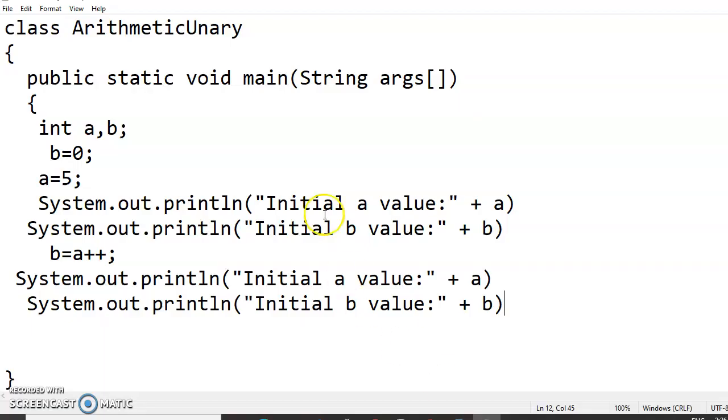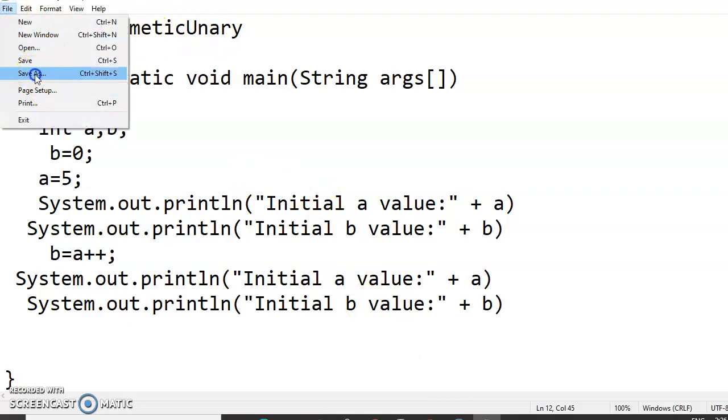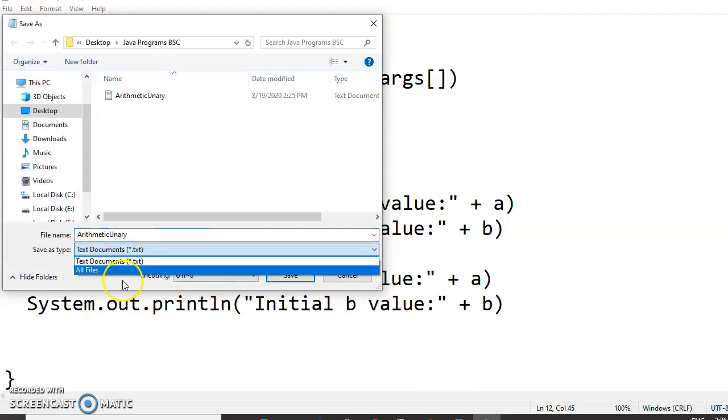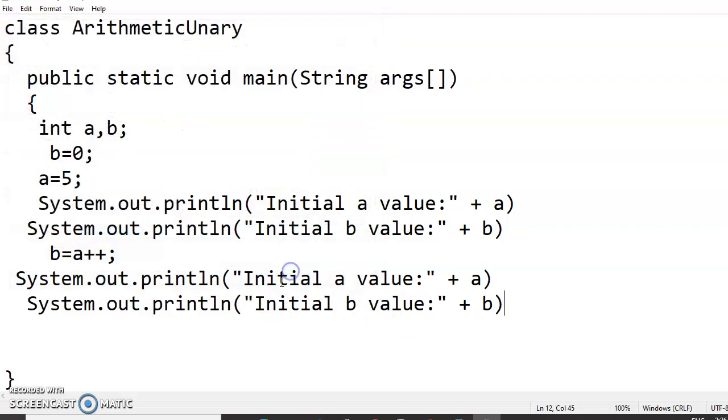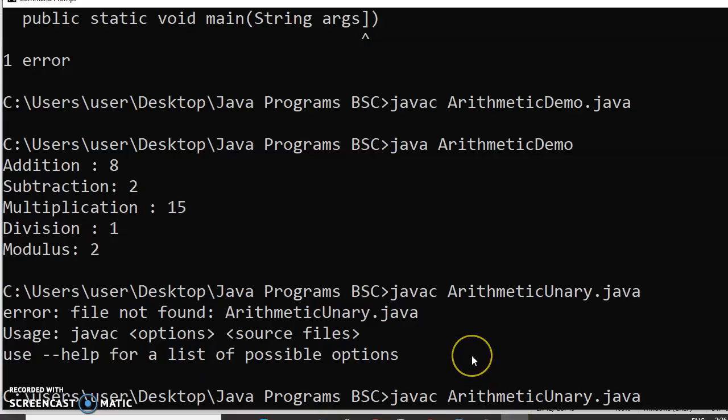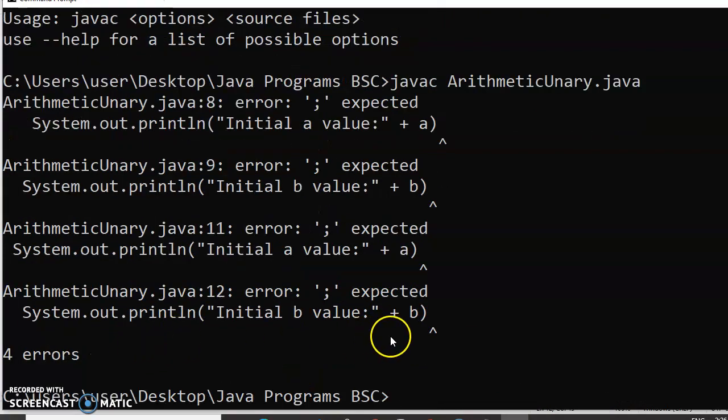Sorry, I meant to save it properly. Save it. We are compiling. 4 errors.